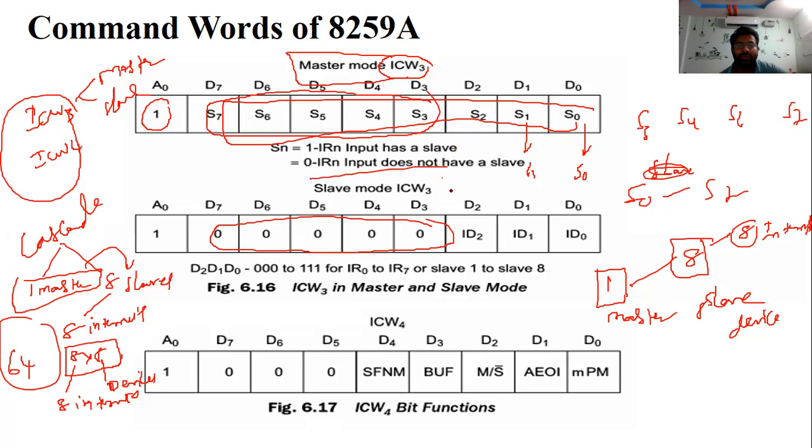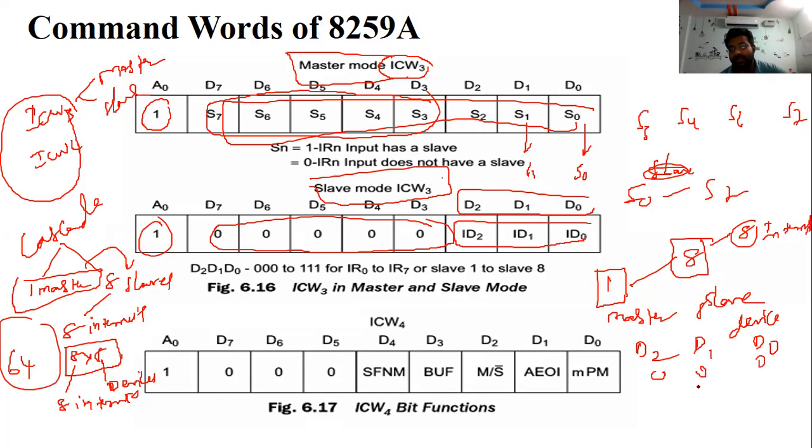In the slave mode, we remain with ID0, ID1, up to ID7, but out of this, these 3 bits are the combination: D2, D1, D0 combination 0, 0, 0, 0, 0, 1, and so on up to 1, 1, 1.